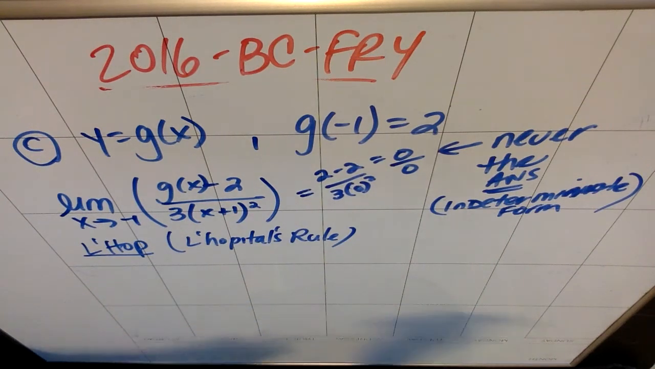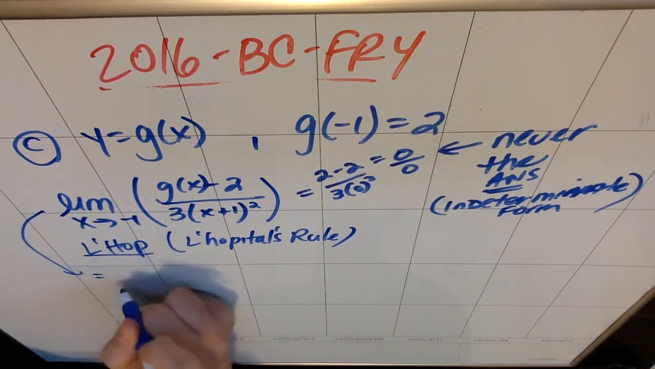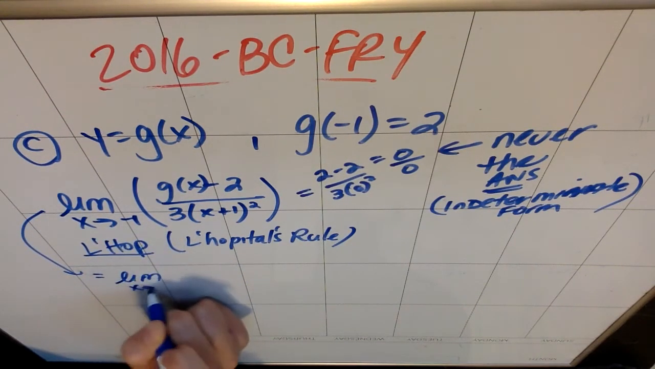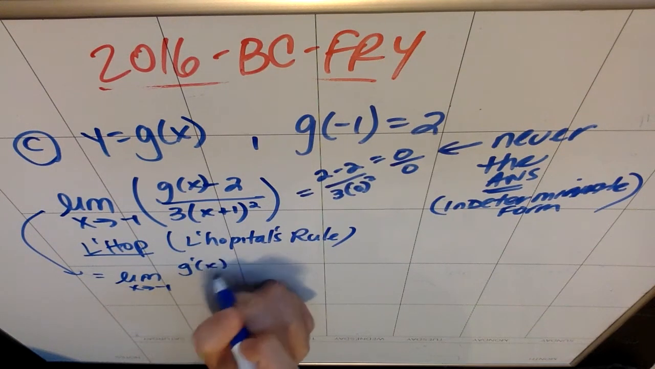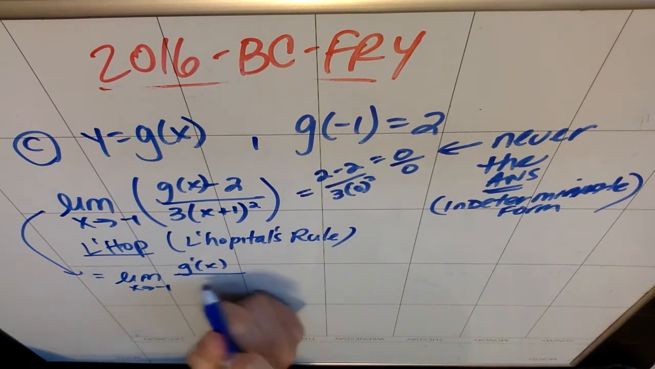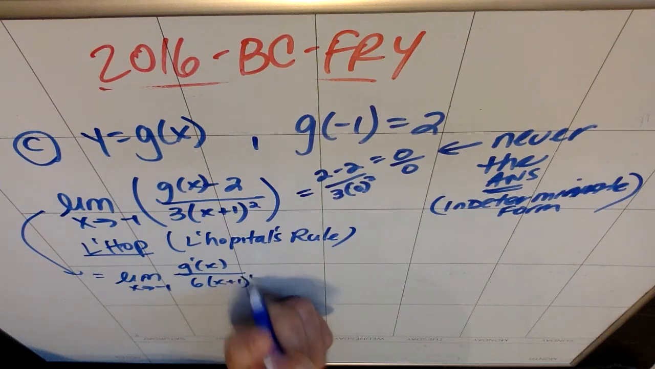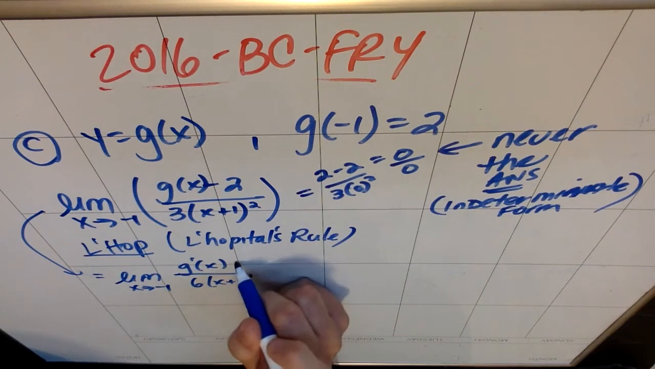And what L'Hopital says is that we're allowed to just make this thing equal to the limit as x approaches -1 of the derivative of the top, which would be g prime of x, minus a 0, so who cares about that, over the derivative of the bottom, which would be 6 times the quantity x plus 1 to the first. So, great, very cool. So now I'm going to go ahead and try and plug in here